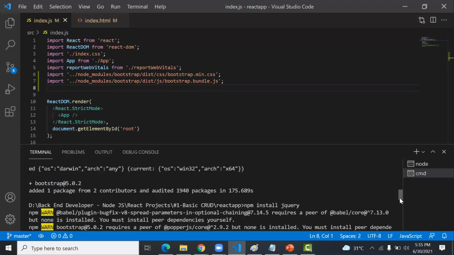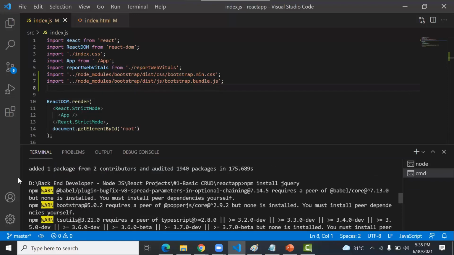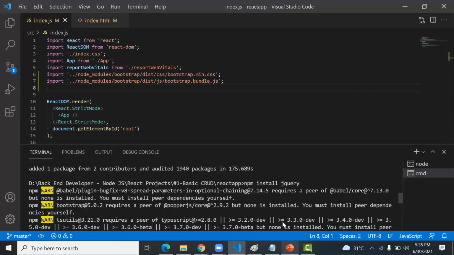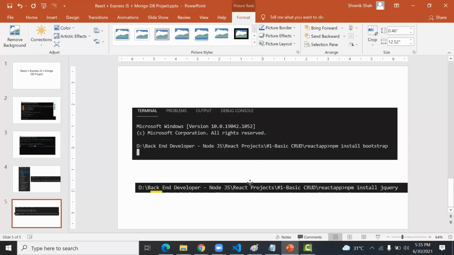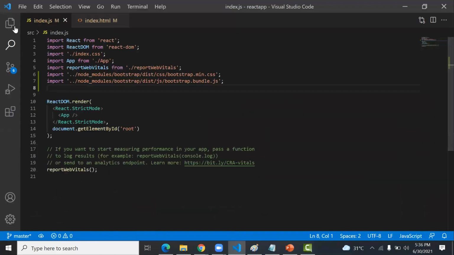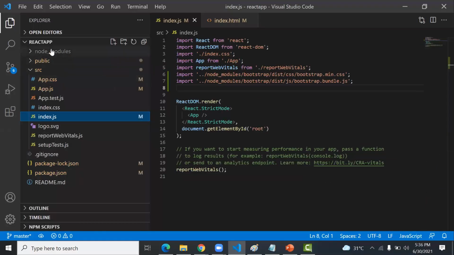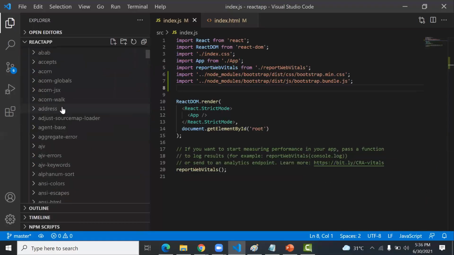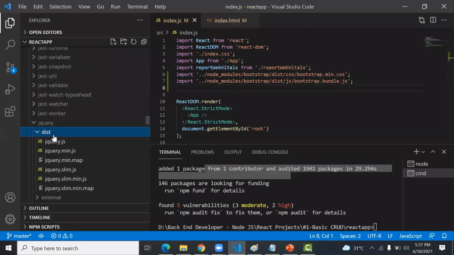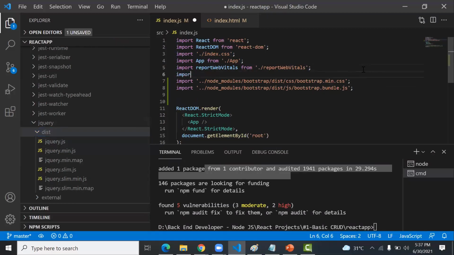Same steps. But for your reference, I keep this one screenshot here. After installing Bootstrap and jQuery, you can see jQuery also installed in the node_modules. If you scroll down, you will find in jQuery, dist is the folder and jquery.min.js. So before Bootstrap, I first import jQuery.